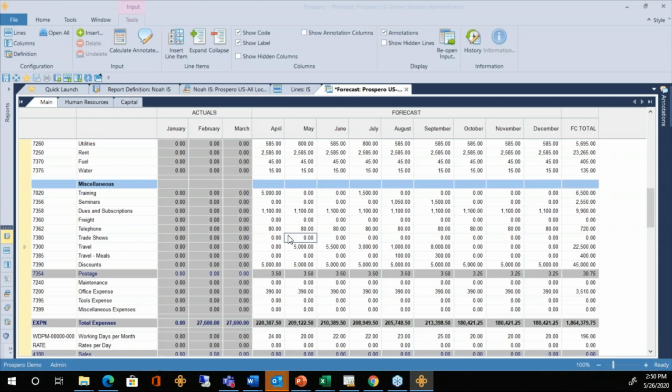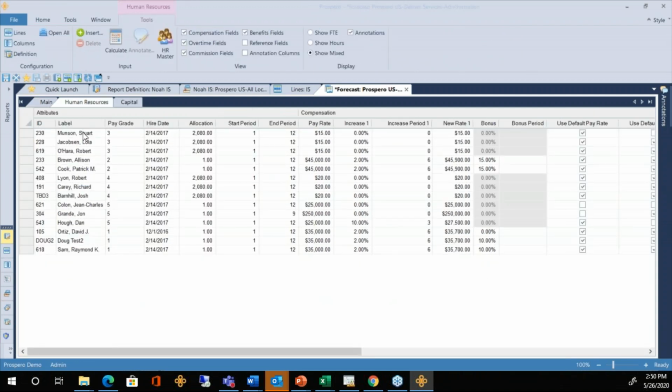In addition to the main account tab for your budget managers, there's also the human resource and capital tabs. Just want to look at those with you briefly without diving into too many of the details for timing here. Human resources, every row here would be one of the employees for this particular department and location. Prospero tracks information like, are these salaried employees? What's their annual pay rate? If they're hourly, we'll track that instead of annually. Are they going to work the entire year with us from period 1 through 12? Are they full-time employees? Are they working part-time?